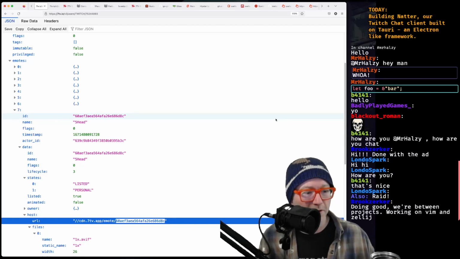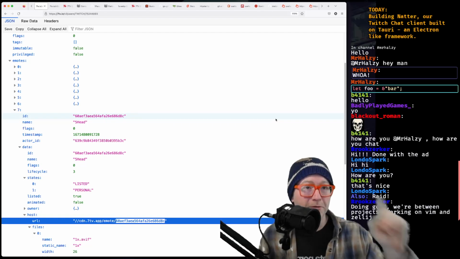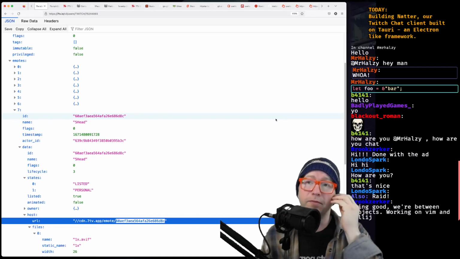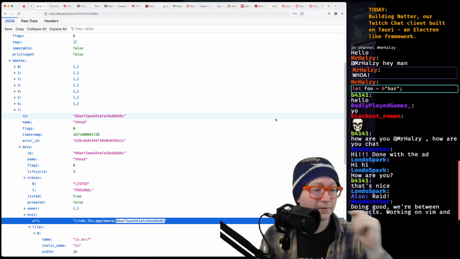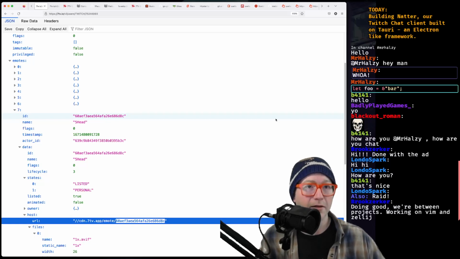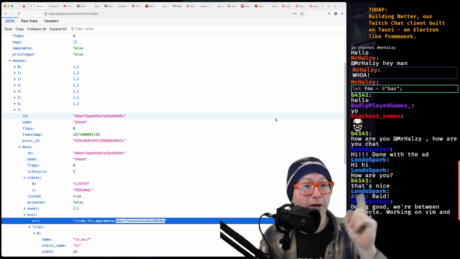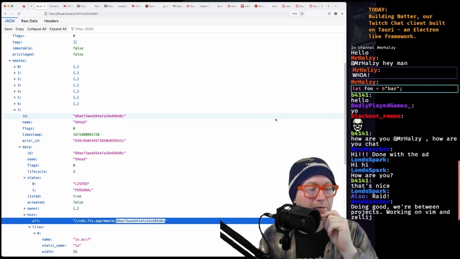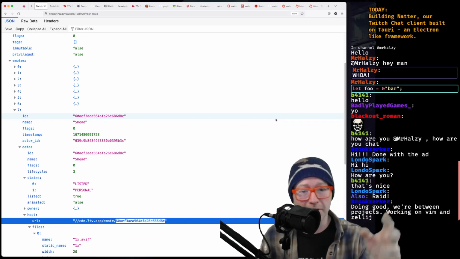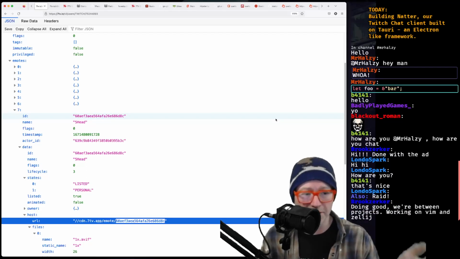Between projects, working on Vim and ZellyJ. Nice. We're working on stream chat still. Again, working on the emotes. Trying to get a little emote template so we can communicate the emotes to the UI from the back end, so that we could eventually change settings in the UI and have them redrawn and have the emotes change size and so on and so forth.